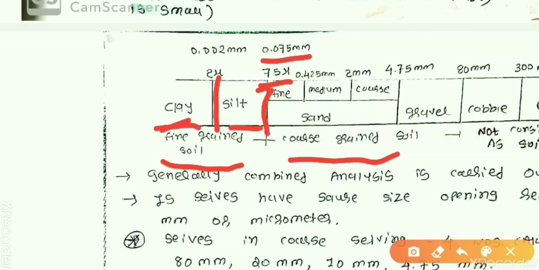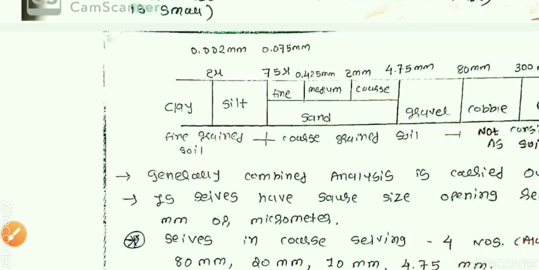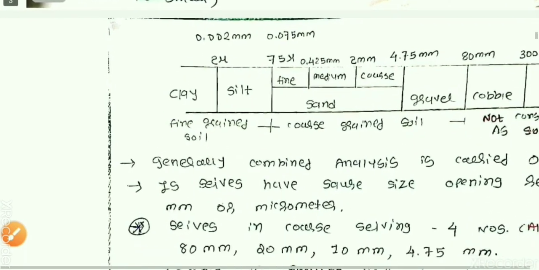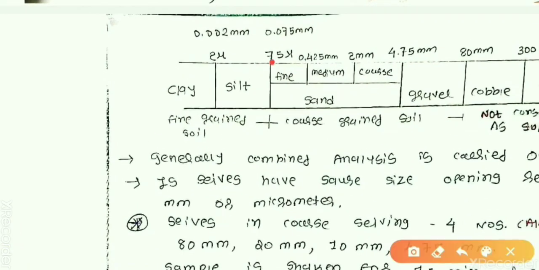If the soil particle size ranges between 75 micron and 4.75 mm, then we call it sand. If a particle size is greater than 4.75 mm and less than 80 mm, then we categorize that type of soil as gravel.